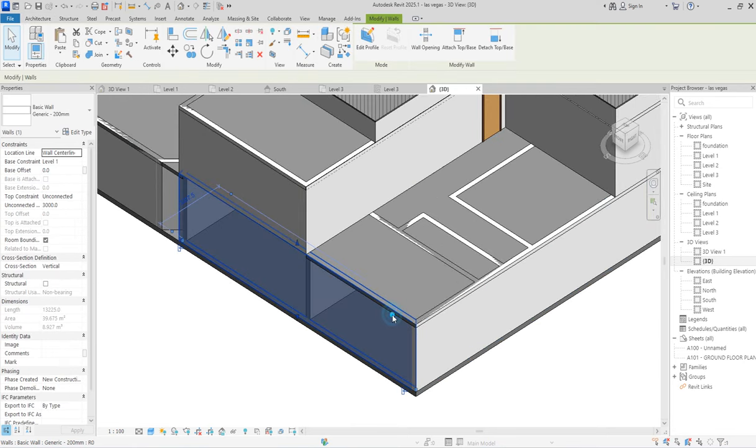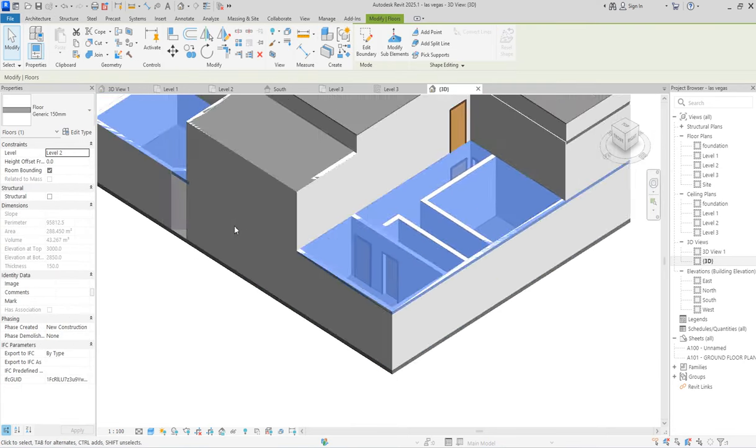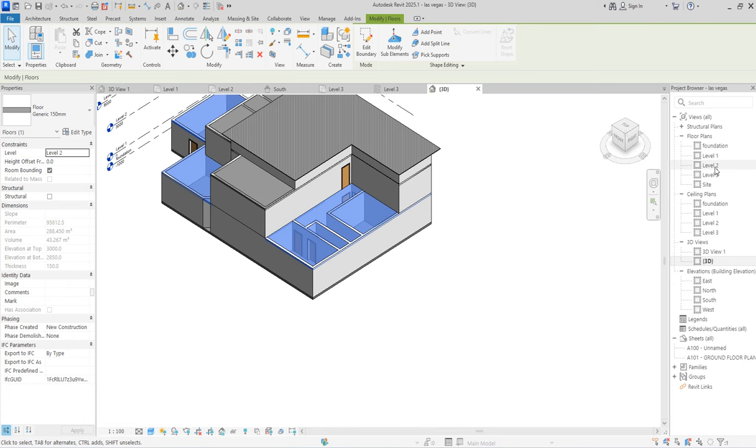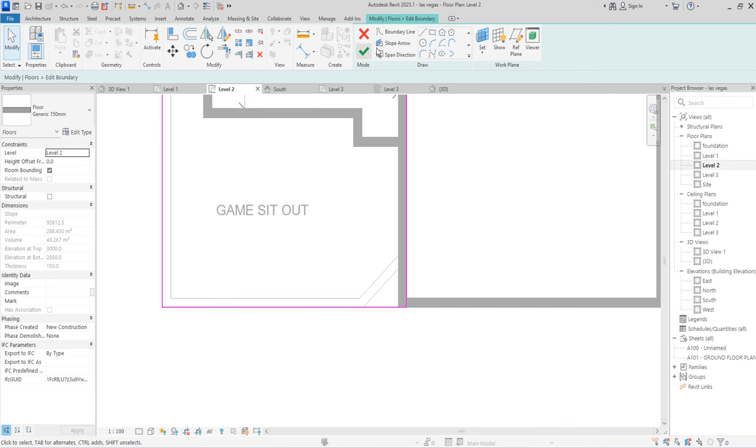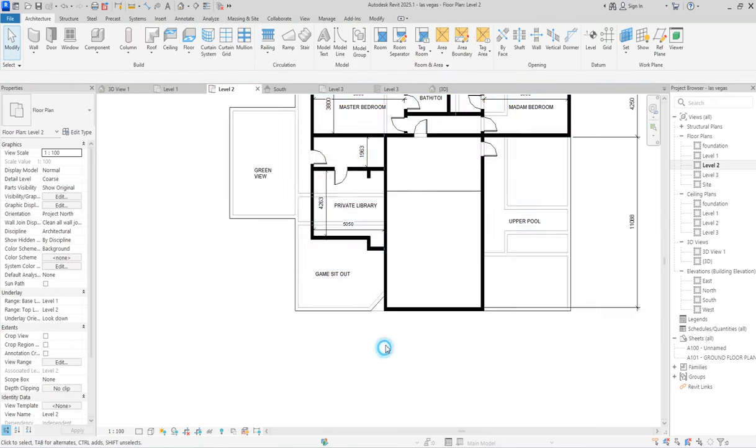So you can now just click this one and begin to edit. So I want to edit this particular one now. Edit the boundary, go to level 2. Then this level 2 now I want to bring this to, so here I will do click finish.